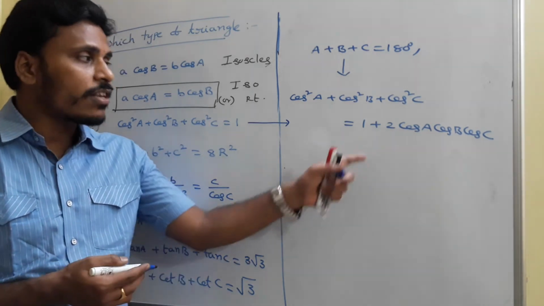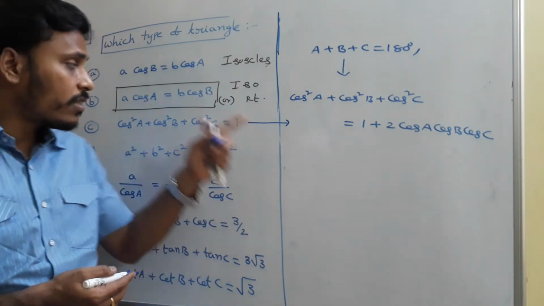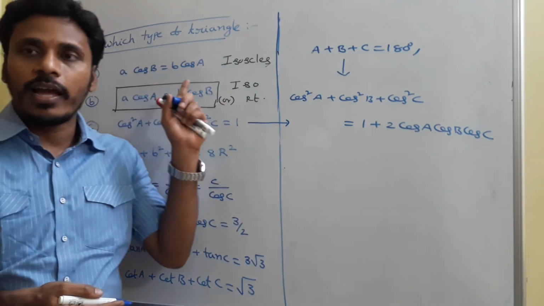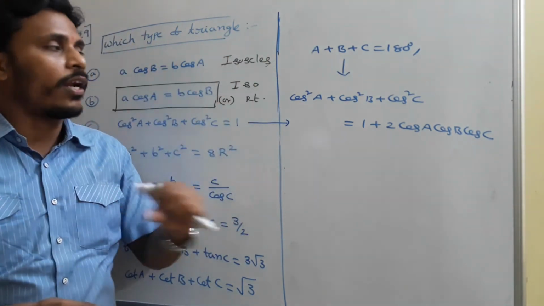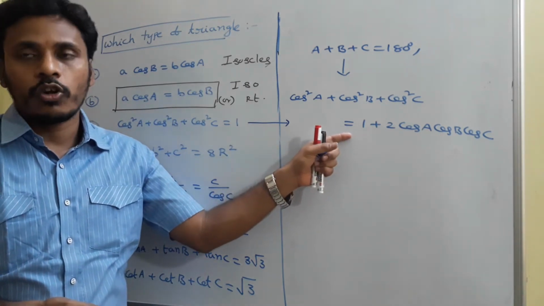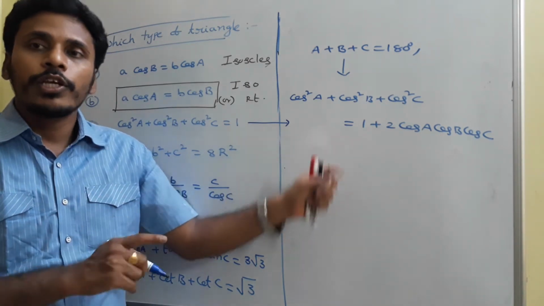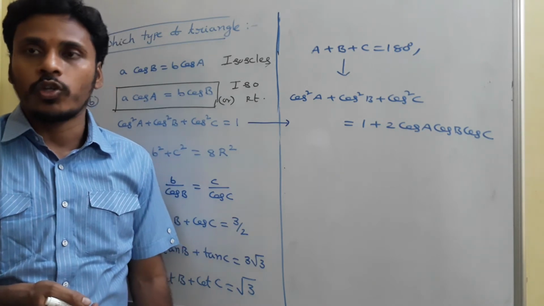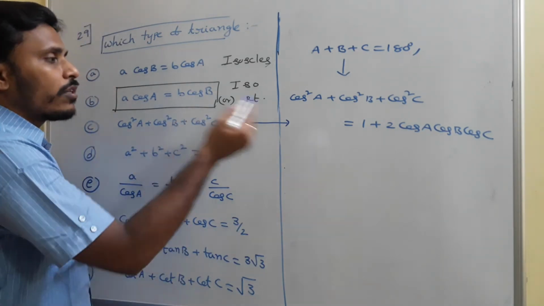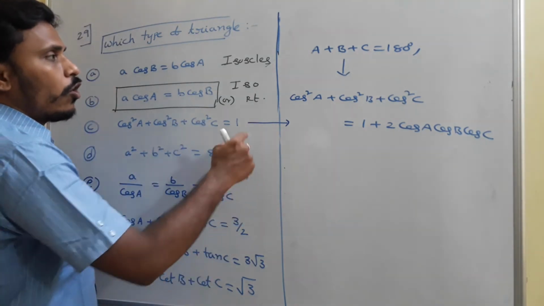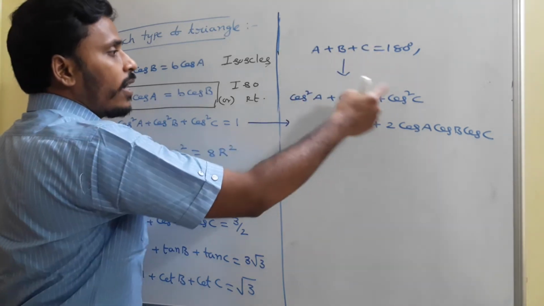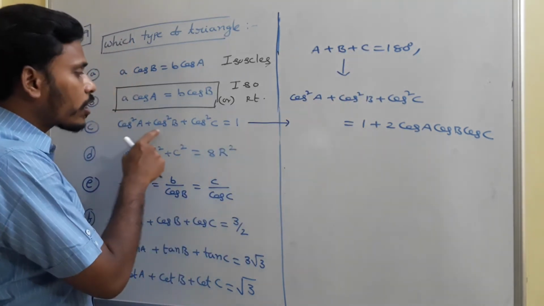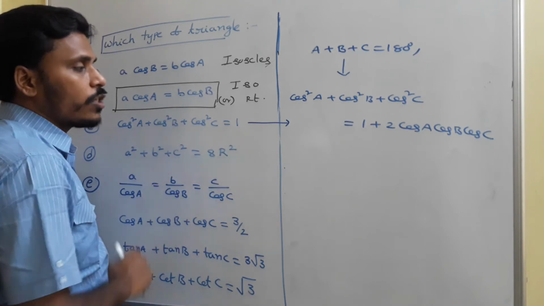Okay, it happens if a plus b plus c is 180. Since this is everything in terms of a triangle, clearly a plus b plus c is 180, so we need to utilize this result. Okay, if you have any doubt related to this, you just revise your transformations notes. Okay, right. So I am using this directly now. If a plus b plus c is 180, I have this result. But here cos square a plus cos square b plus cos square c is 1 is given.